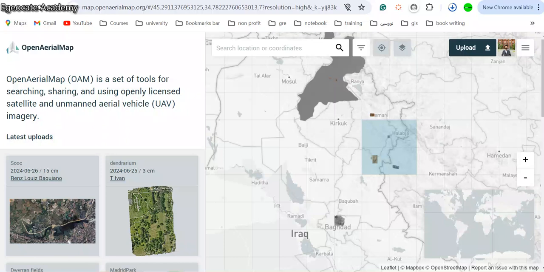Hello everyone. In this video I will talk about how we can download very high resolution imagery freely available for specific regions. There is a website called Open Aerial Map, which is a website where anyone can upload their images, for example, images captured by drones. They can upload them to this website, so you can download these images, for example, for training,